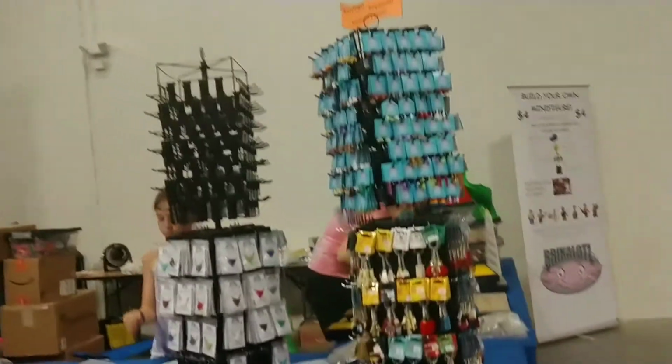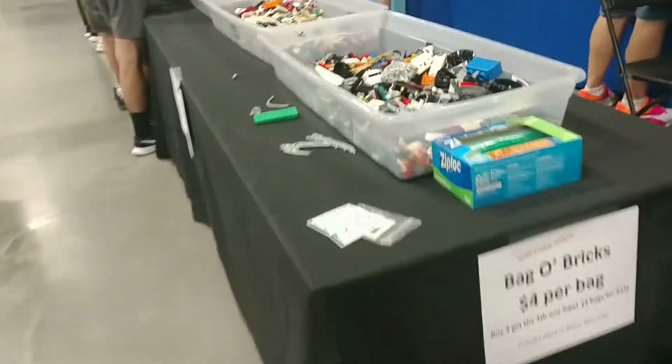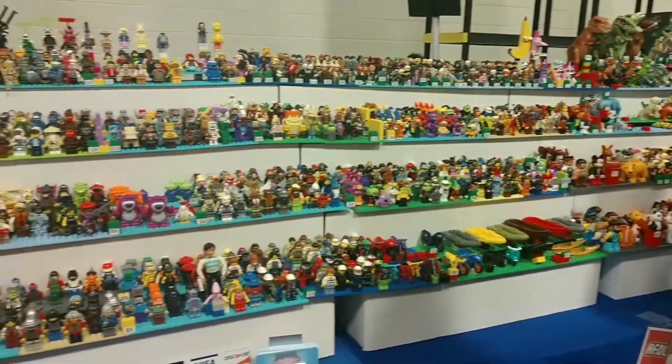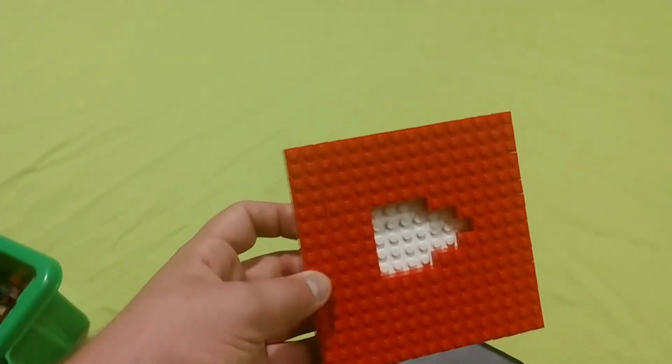A couple of the vendors and a few little shops were open, so I walked by just to look at those a little bit. I did get a few things, just some neat little bricks and a couple figures. I also built this little YouTube logo that went up on this little display wall right here, and yes, this